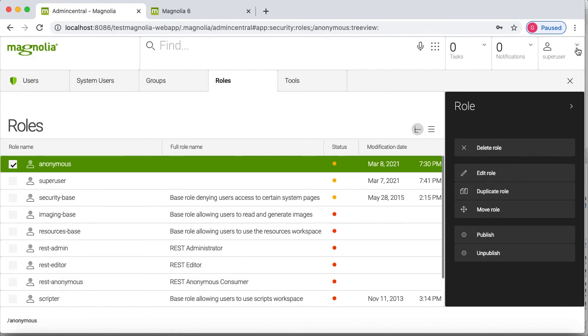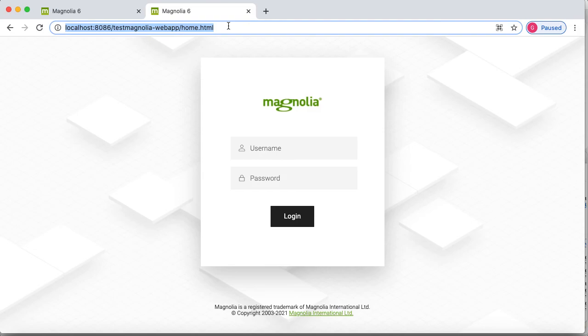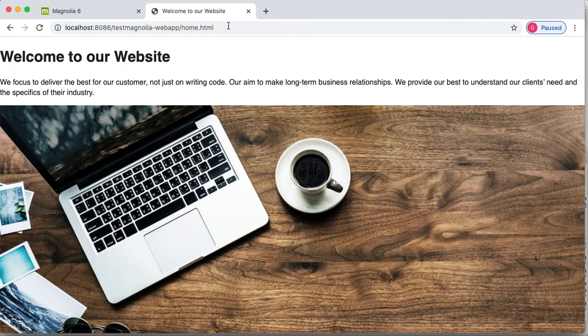Save this. Now I will log out. Now you can see we have to modify that anonymous user. You have to provide the access, and after that you can see the content you have created is successfully published, and it can be seen as part of your website.